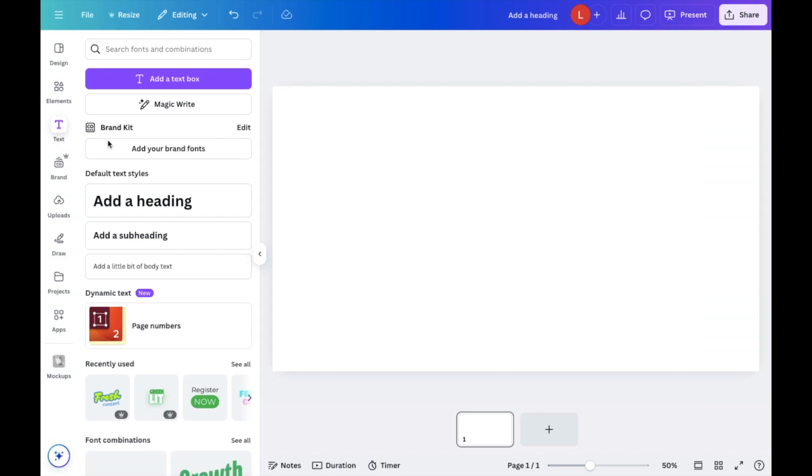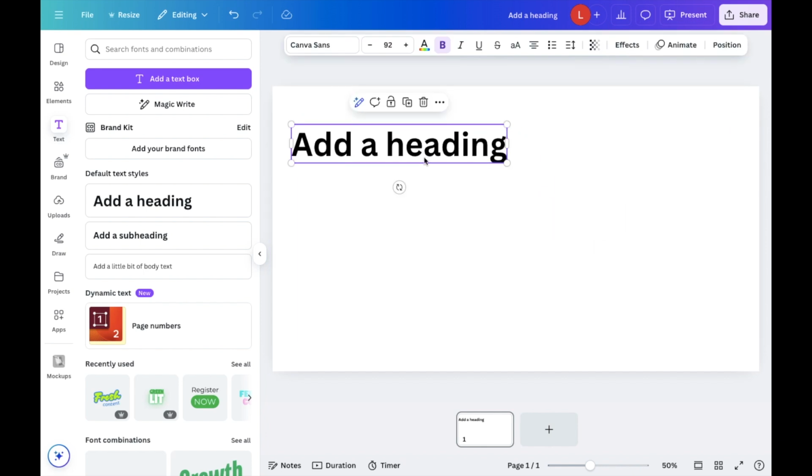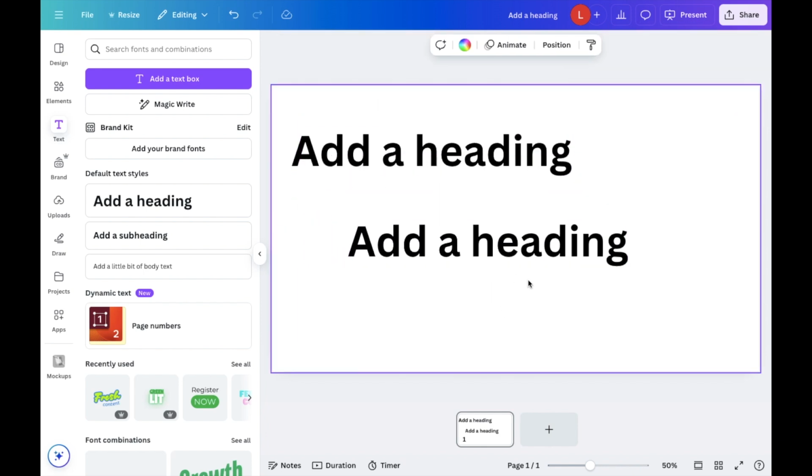So just go to text right here in the top left, press on, for this example, add a heading. So this will be my first example right here, and I will duplicate this example and have a second one right here. So first example, the simplest way to make it larger or smaller, press on the text, open up